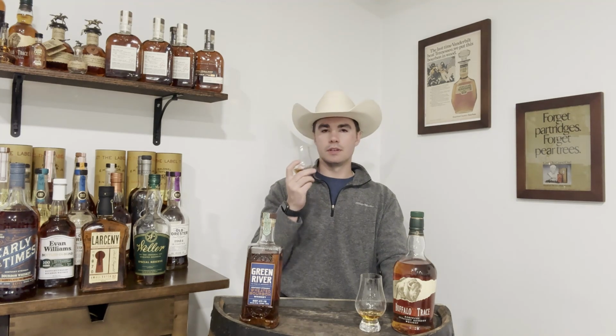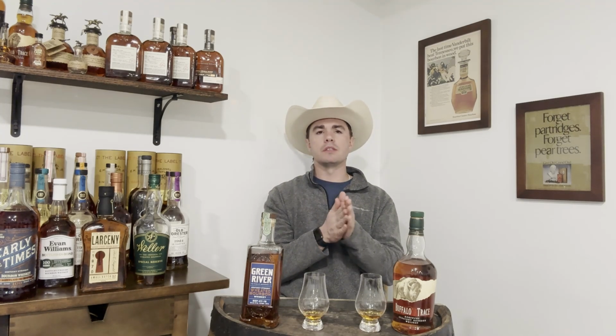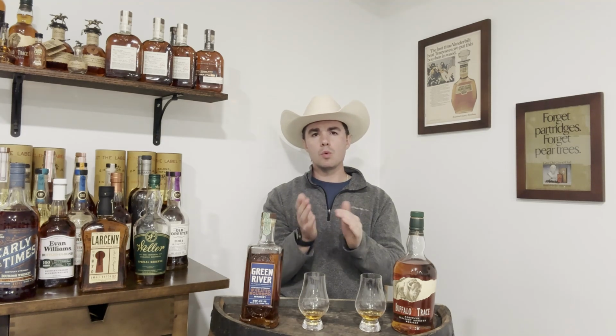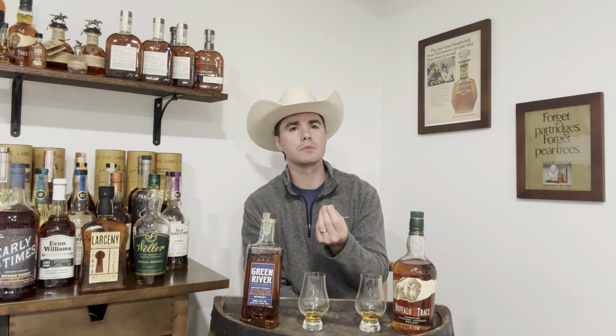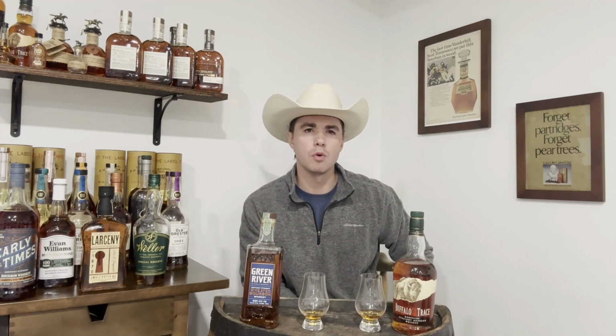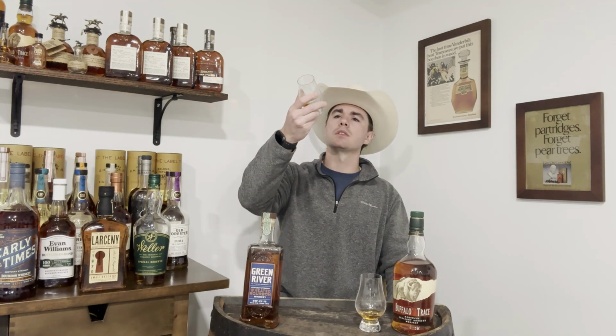Golly, this is hard. This is difficult. So I think I'm gonna go with the first glass. It's got a little bit of the sweeter scent to it that I picked up and noted while going back and forth with them. It smelled well-rounded. It kind of smelled younger. Just smelled a little bit more grain forward. So for that reason, I'm gonna go with this first glass, which is